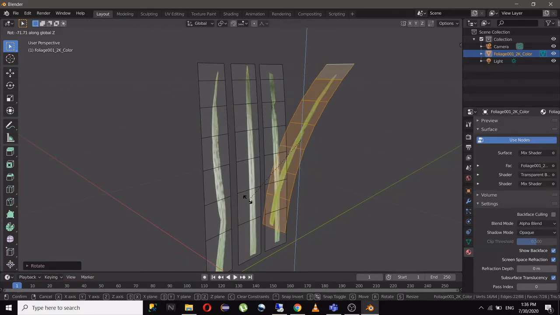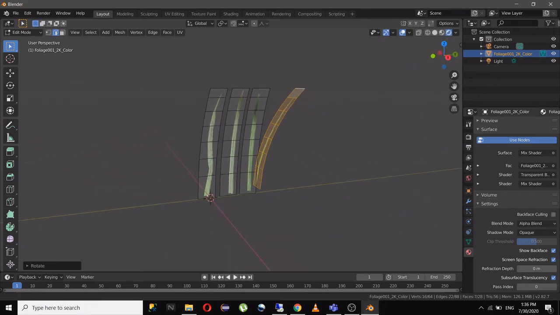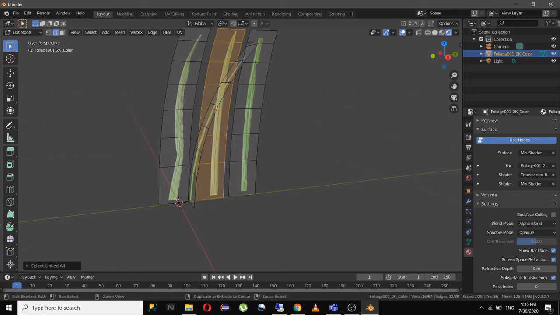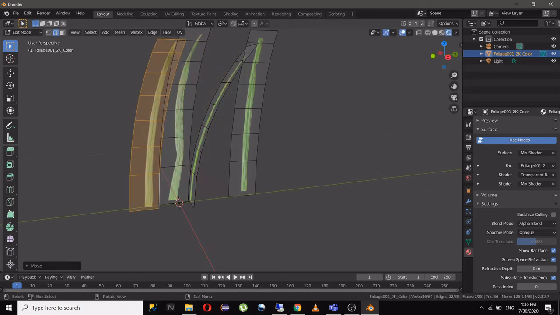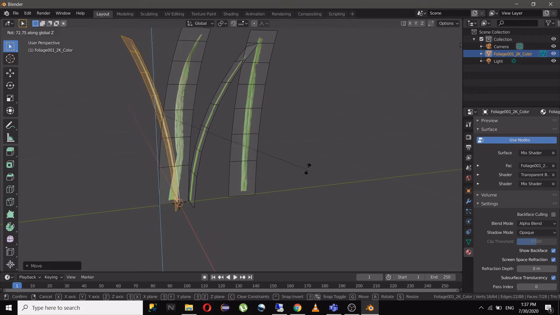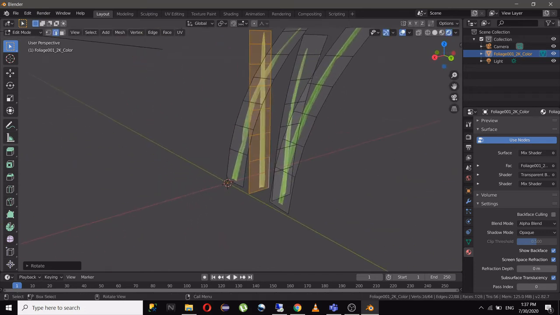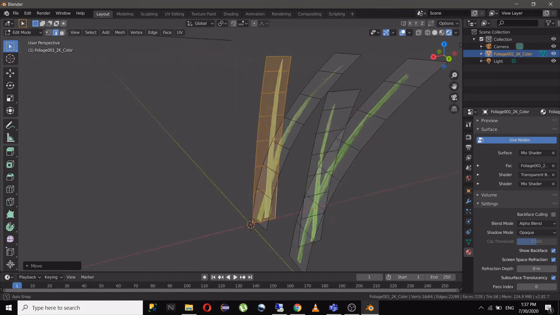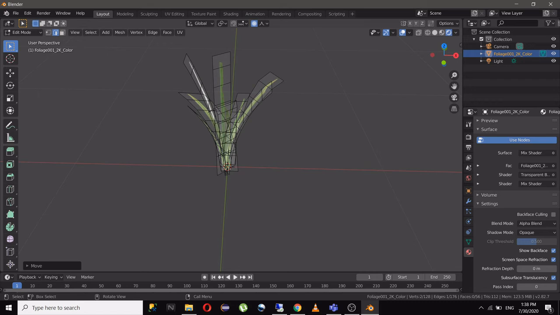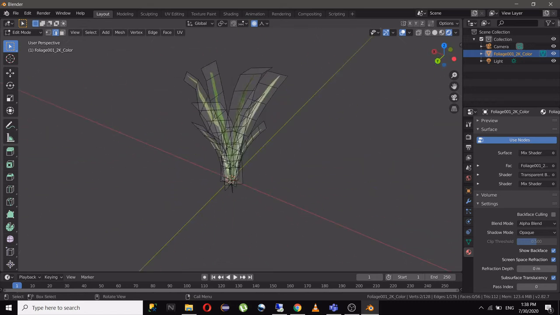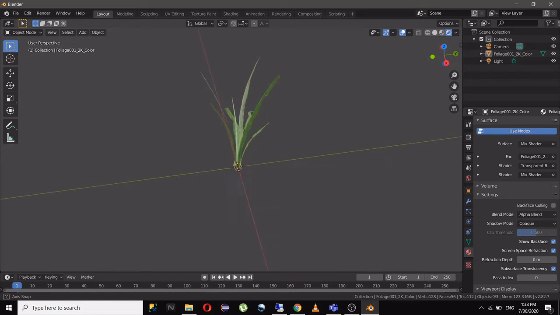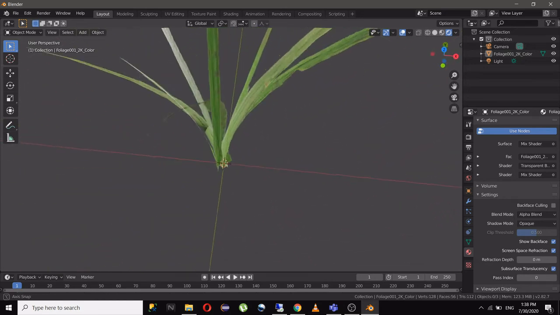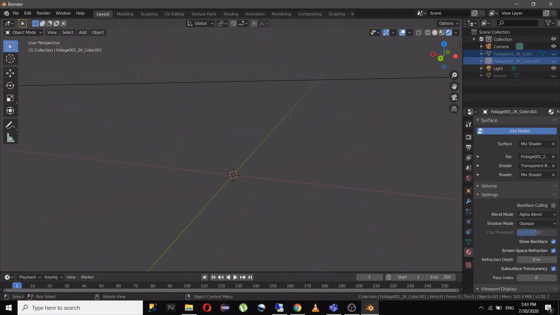So now just rotate it, put it all together, scale it so that everything looks like a small clump of grass. So it takes time, but it's totally worth it. You have to spend some time, make different variations, move it, rotate it, scale it, and it should look something like this. You can make more variations to it, but this is what mine looks like. And it's pretty decent if you spend like 5 minutes or 2 minutes on it.